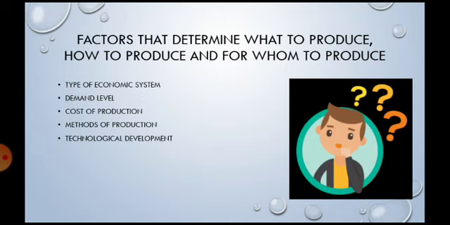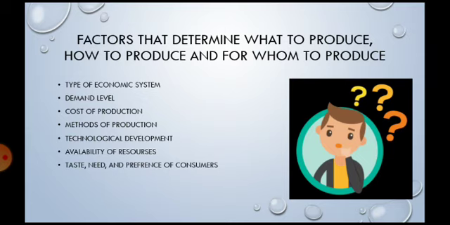Another point to be looking at is technological development. This has to do with new innovation in technology that can bring about efficiency in production. New use of technology, new innovation, new ideas, they reduce the cost per unit of production and also ensure mass production of goods. In other words, it increases productivity.